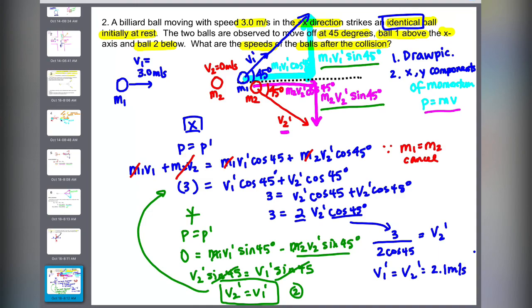Right? So the velocity, if we were reporting that, v1 would be 2.1 forward 45 degrees up, and then v2 is forward 45 degrees down. So I'm just going to write it one time. Okay? So forward 45 degrees up, or forward 45 degrees down for v1 and